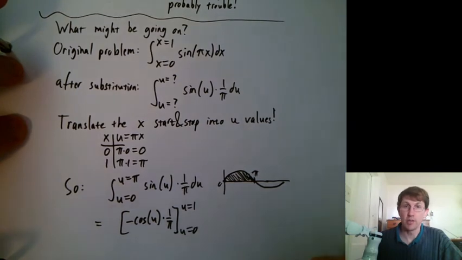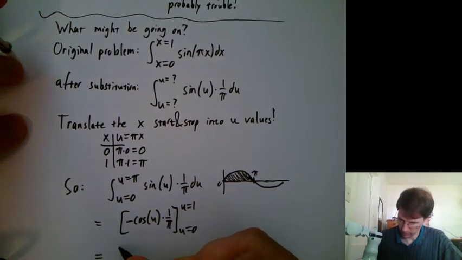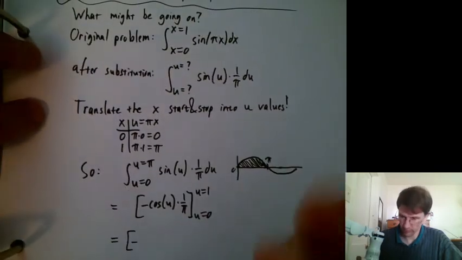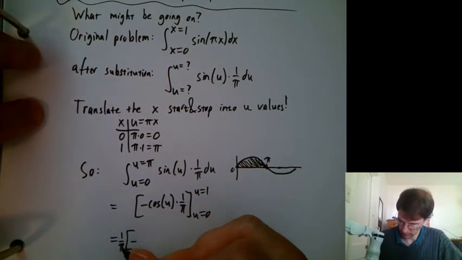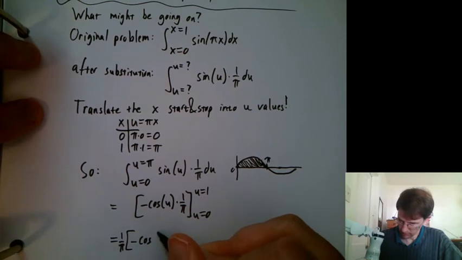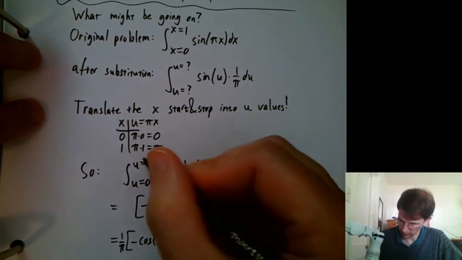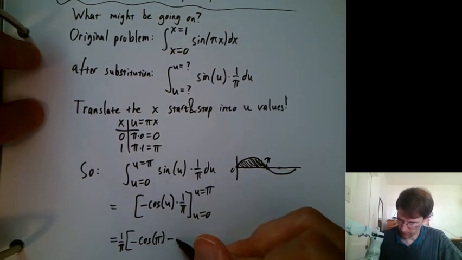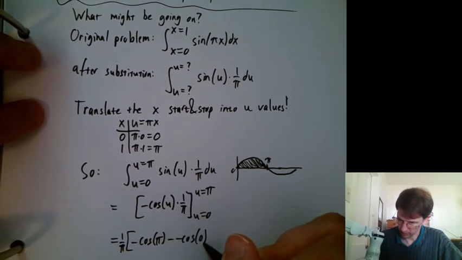And now I can substitute in the u values. Do you mind if I move the 1 over pi all the way out front? So minus cosine of pi minus cosine of 0,